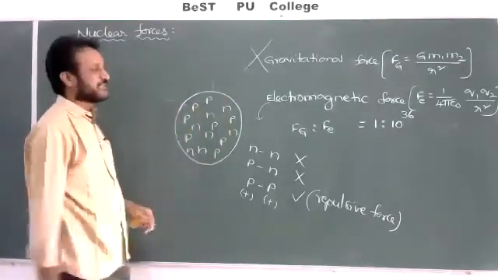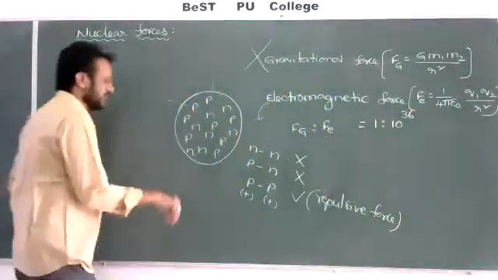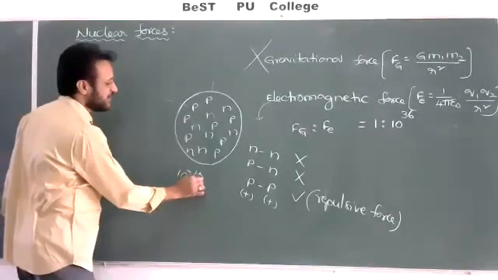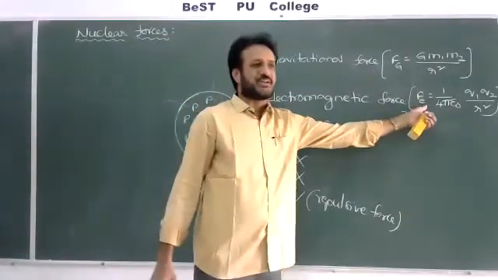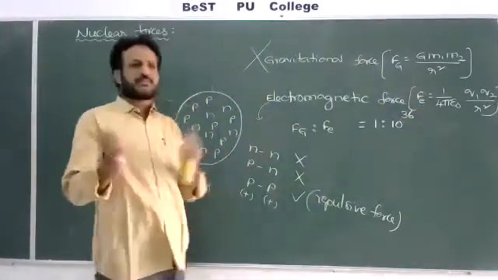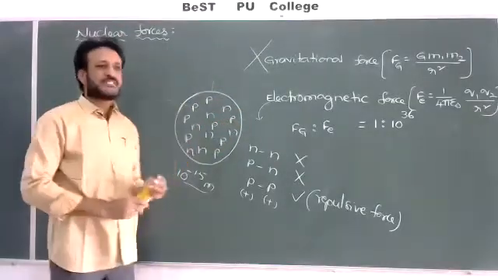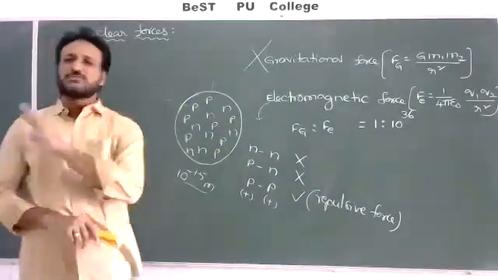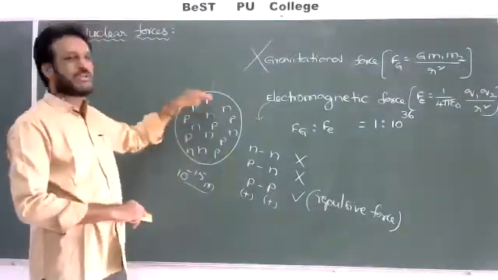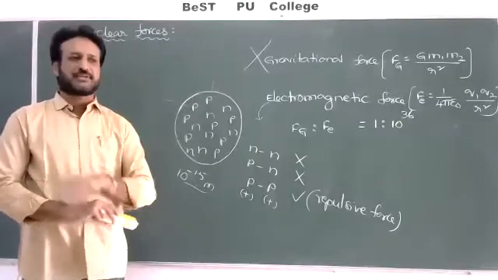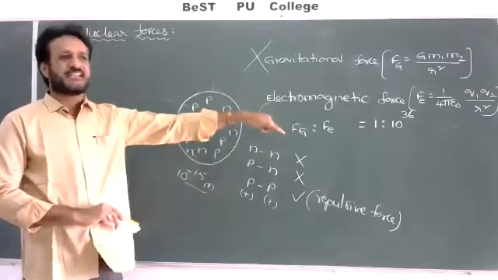How strong is it? F is proportional to 1 by r square. Between the protons the distance of separation is almost 10 power minus 15 meter. Very small, and very small means the force will be very strong. With a strong repulsive force, whenever the protons are repelled, they should come outside. Once they come outside, the total nucleus will collapse. But it is not happening. Why is the nucleus not collapsing? Why does the atom also have a perfect structure? By overcoming the repulsive force, something is acting here.